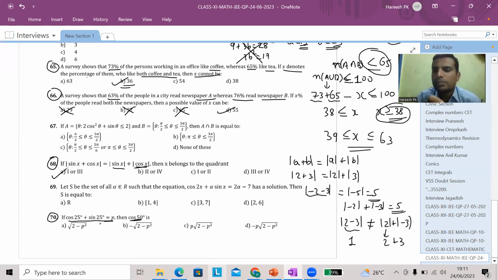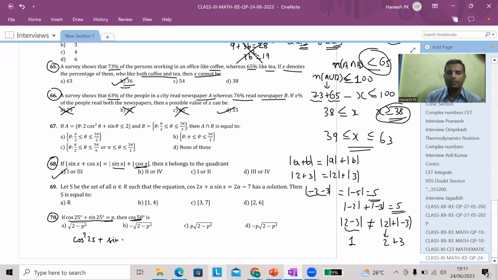So the approach to solve this question is to square on both sides. How do I know I have to square? Look at the options. Every option has a p square. That itself gives you a clue that first you have to square it. Okay. So when you square on both sides, you'll get